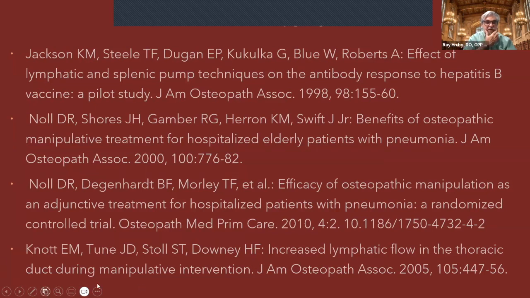These are some that were done on patients in the hospital with pneumonia. Some of these thoracic techniques, particularly this thoracic pump technique, were used as part of the treatment approach for OMT on these patients. The study doesn't miraculously cure their pneumonia, so to speak, but the patients that got OMT in these studies in the hospital for pneumonia